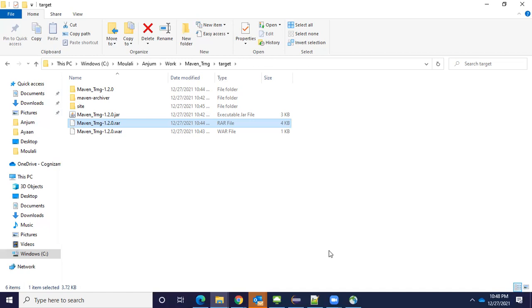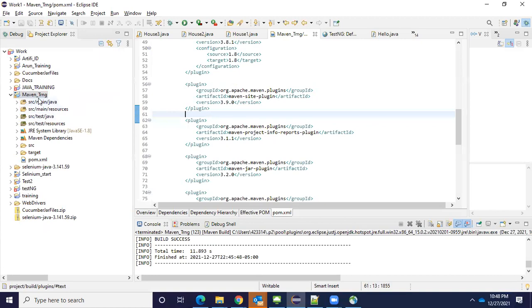In the same way, jar files give you the reference of the classes. For example, all your packages, everything will be a reference of the classes. Basically, the difference between a jar and a war file is this: when we deploy this application, whatever application you are seeing here, when you are installing it into the server,